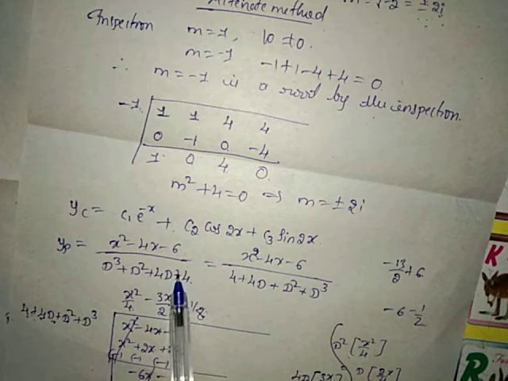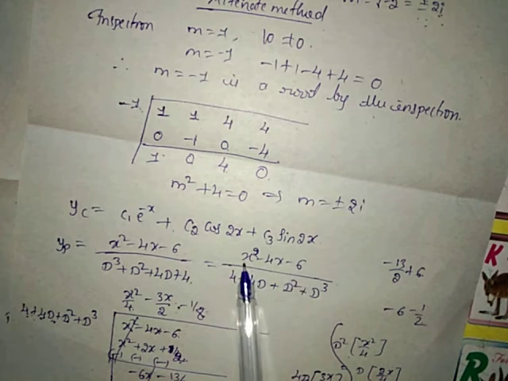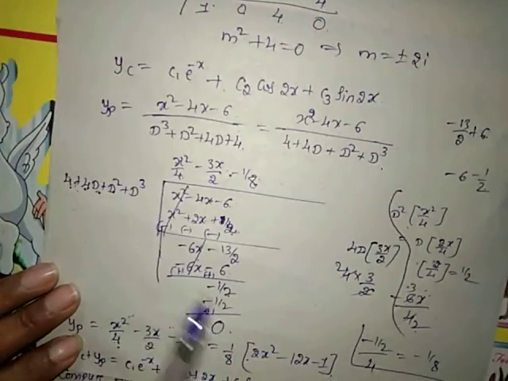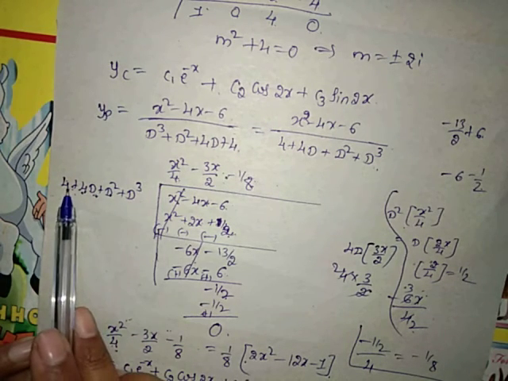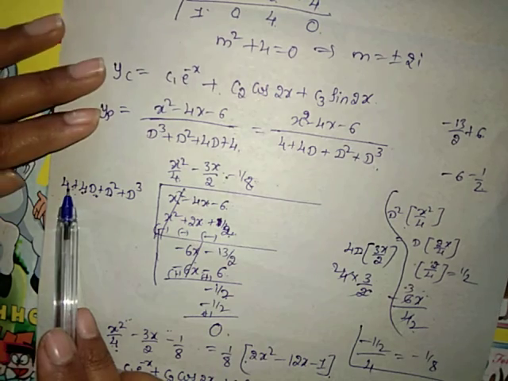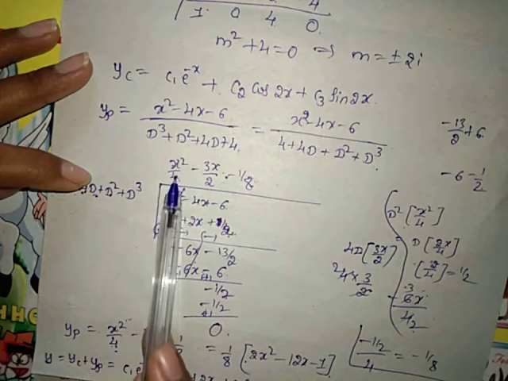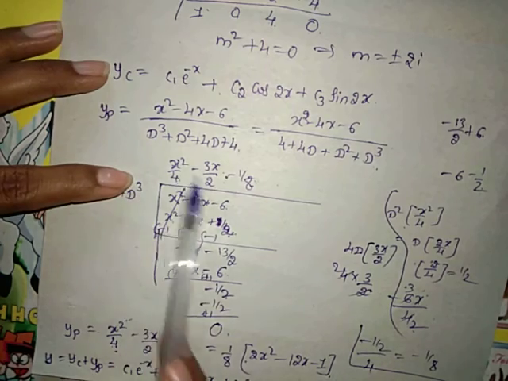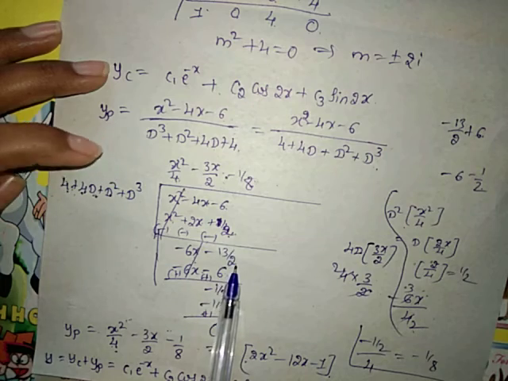Then we move to the division method to find out the particular integral. First, according to the rule, decreasing powers of x and increasing powers of function of d will be written. Then we move to the method of division. In the division method, to find the quotient, first function of x divided by function of d is done. So 4 into x square by 4 is x square. 4 into the derivative of x square by 4 is 2x. The second derivative of x square by 4 is 1 by 2. The third derivative is 0. Reverse all the signs, and we get the simplified term minus 6x minus 13 by 2.